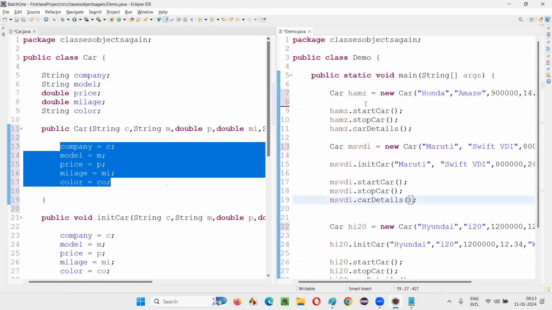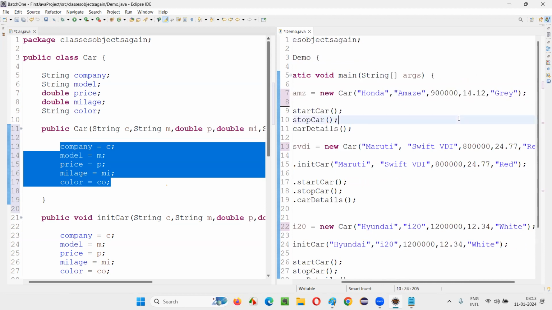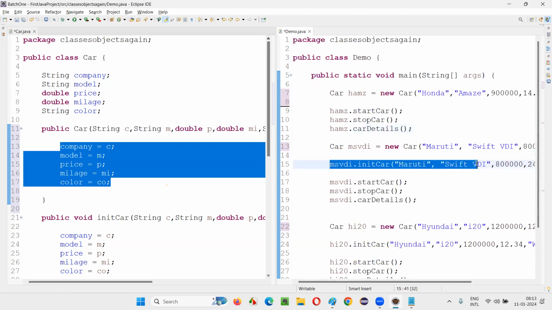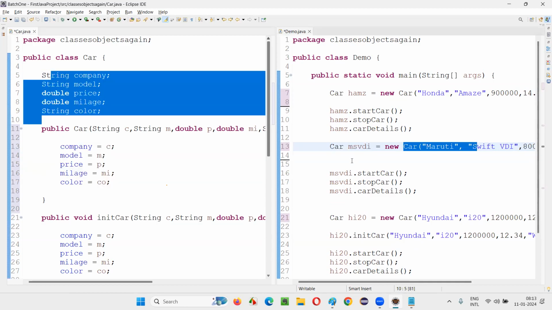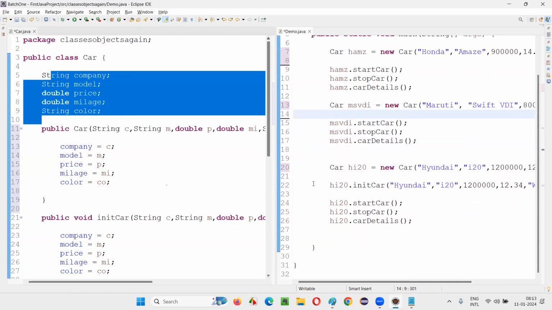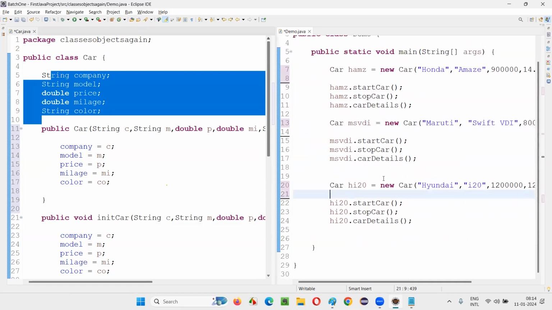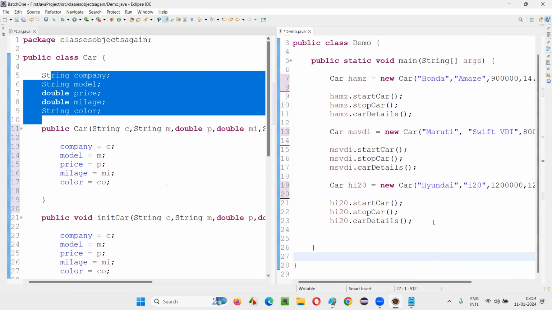Now one line got reduced or not? But we added one more. Where did we add? Which Car line? New Car, constructor one. We have not added. It's already there, the object creation, the existing default one. Within the same line only we are passing the arguments, I am saying. You don't need an extra line for this purpose. In the same object creation statement only, the constructor is being called. There only we are passing the arguments and we are initializing the variables of the class for that particular object. Able to understand now? Now the lines got reduced or not for initializing?